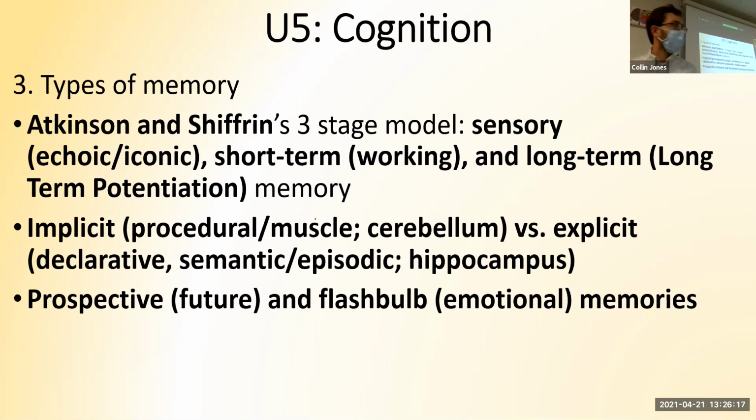Types of memory. So Atkinson and Shiffrin were these researchers that said there are three types of memory. Stuff you're looking at right now is called sensory memory. If I look out at y'all and I close my eyes real quick, I can still see Jaden's bright blue shirt or Kaylee's weird reddish colored shirt, right? I have this brief sensory memory. It can be a sound, an echo, in my ears, or it can be an icon, something that I see for just a brief amount of time, but it's based on your senses.